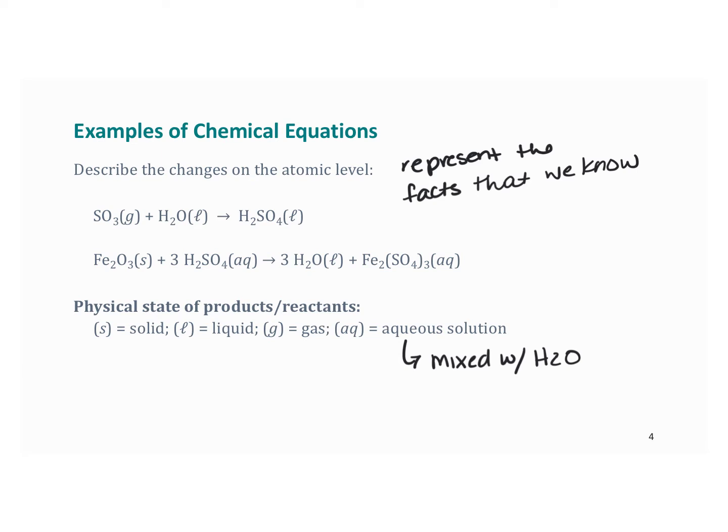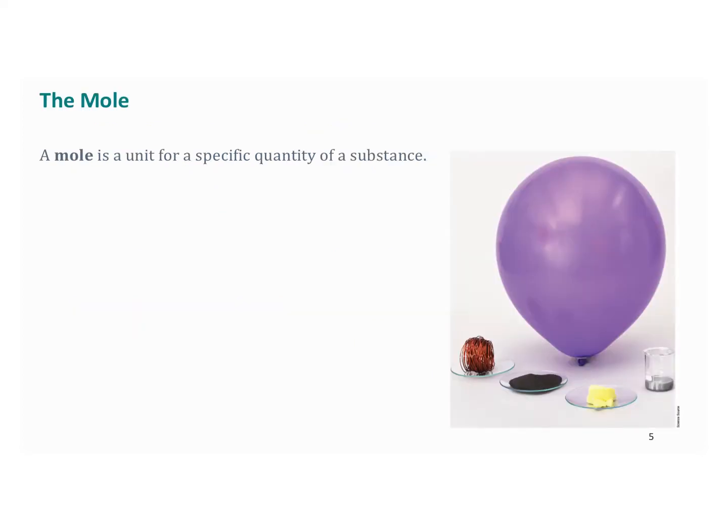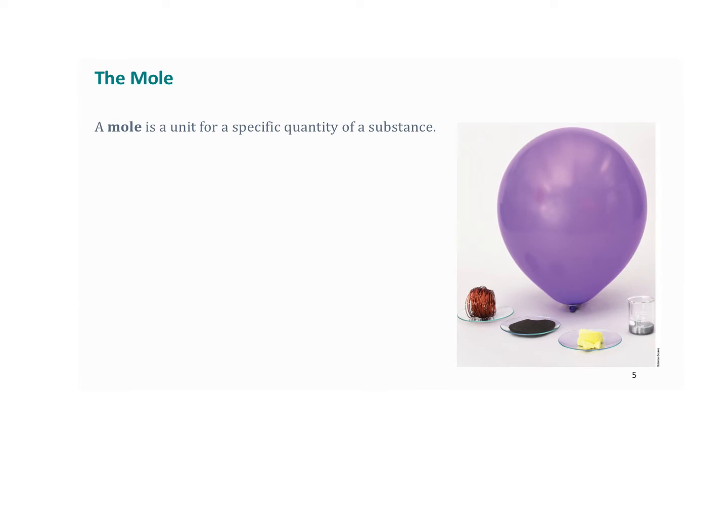Now we're going to look at balancing reactions later in the chapter. What we're going to look at right now, though, is the mole. So the mole is a unit for a specific quantity of substance. A lot of times it's called the chemist's dozen, for example. We know 1 dozen of something equals 12 units. So if I say, hey, look, we have 1 dozen atoms, you would say, great, Dr. Pierce, we know you've got 12 atoms, right? If I say we've got 1 dozen elephants, you'd go, great, I know we have 12 elephants, okay?